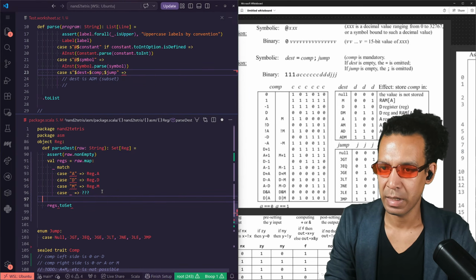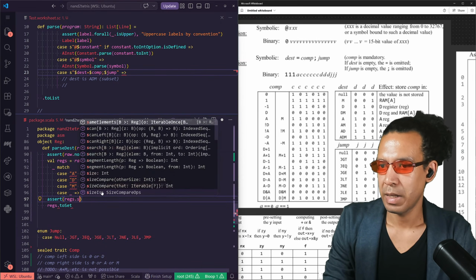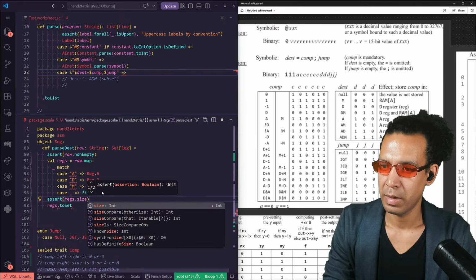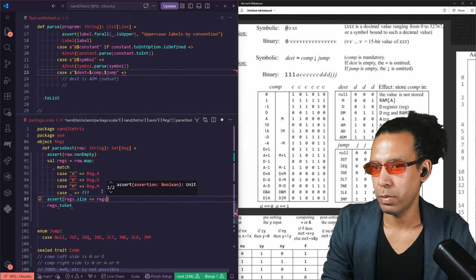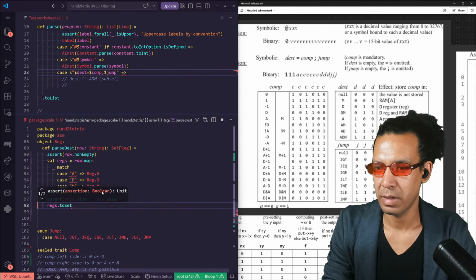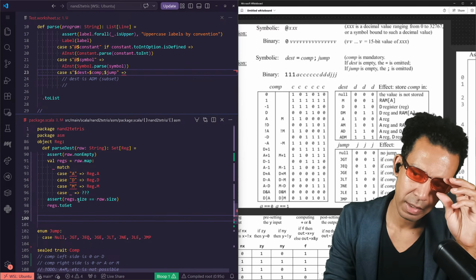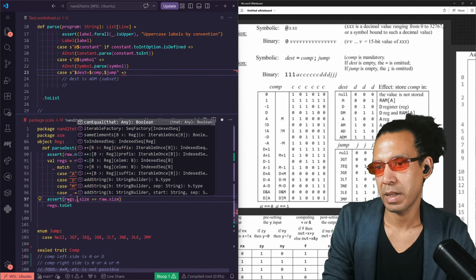So you want to check that. I know. We'll do an assertion here. Regis dot size was Regis dot modest. Make sure there are duplicates. Or Regis dot